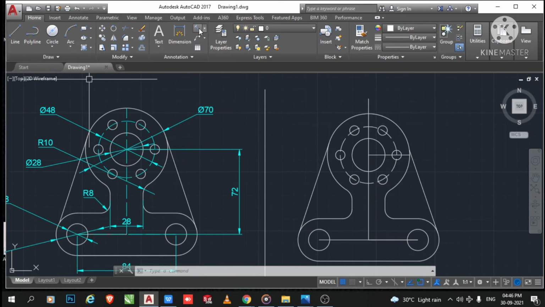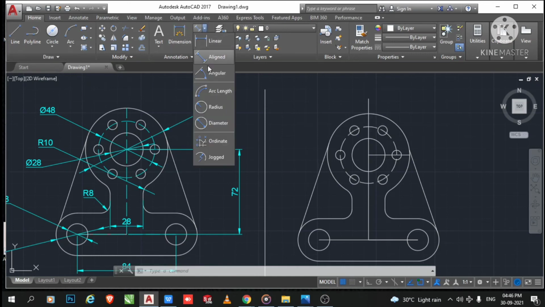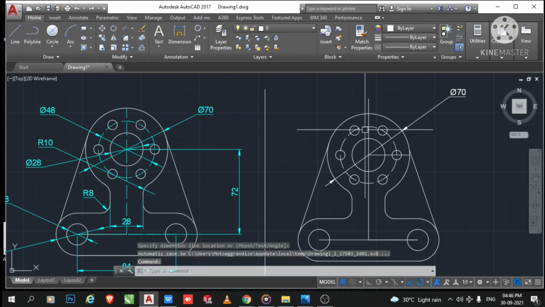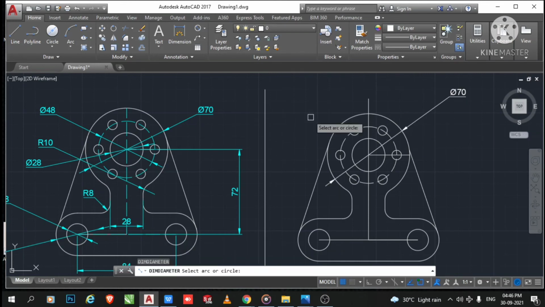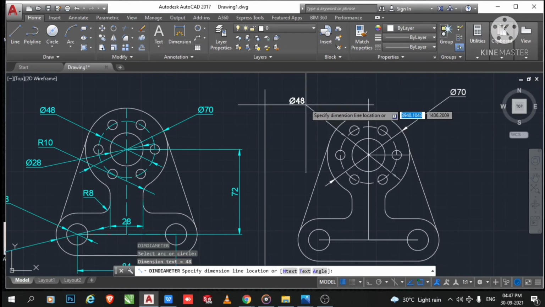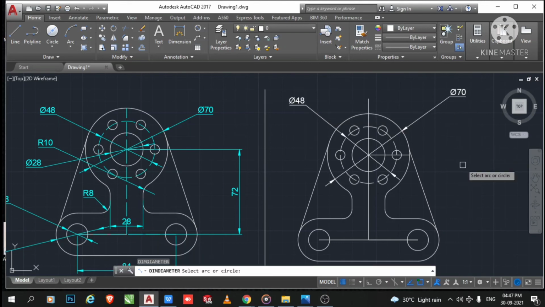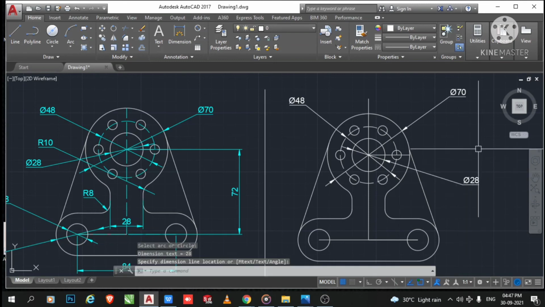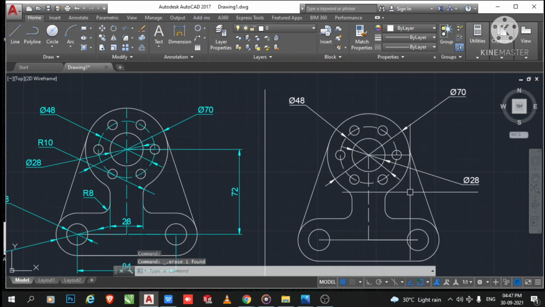So here go to the dimension and select this, here we select the dia, select this line, make it up to here. Again select enter for repeated command, select this one, okay, enter, and select this one also, okay, and here we change to reference line, select this one. Now remove this one, okay,